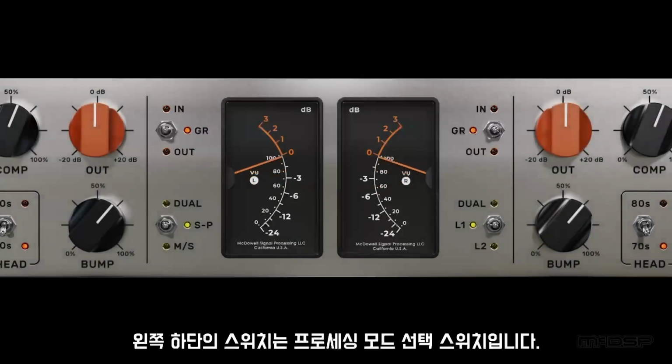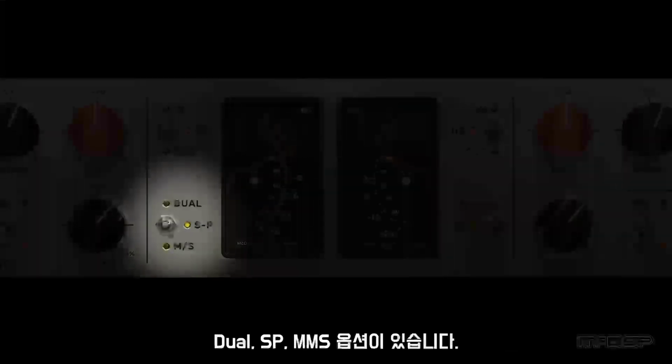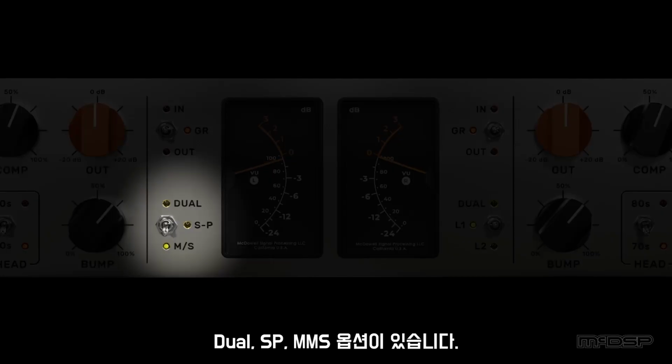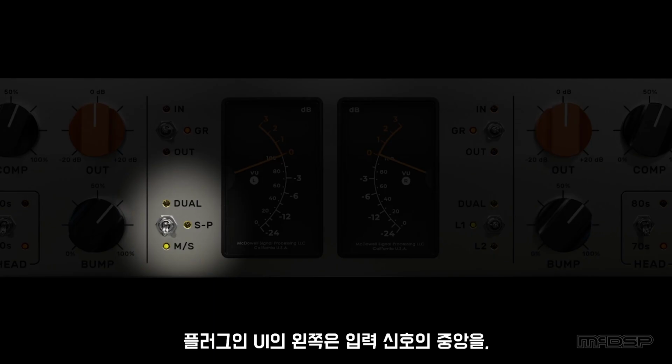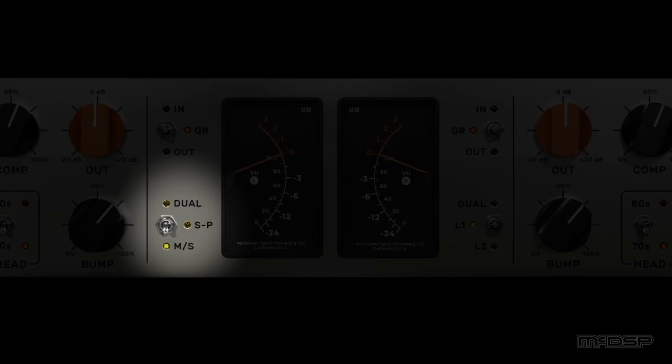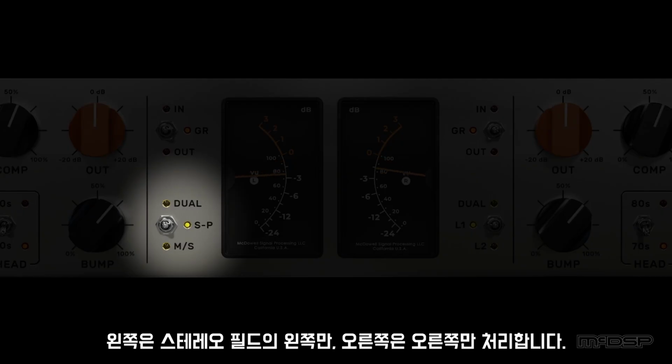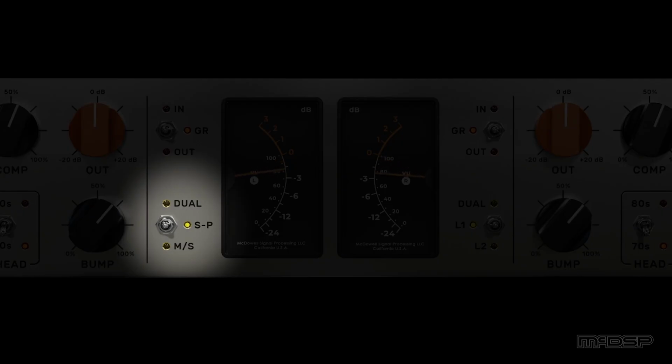The bottom left switch is the processing mode selector, which includes dual, SP, and MS options. While MS, or mid-side, is selected, the left side of the plugin UI will only process the mids of the input signal, whereas the right side of the plugin UI will only process the sides of the input signal. When the dual or SP mode is selected, the left side of the UI will only process the left side of the stereo field, and the right side of the UI will only process the right side